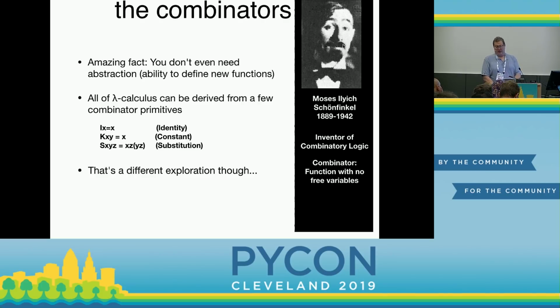This guy's kind of interesting, actually. His story is sort of tragic. I think he went insane at the age of 28, and then all of his math papers got burned for fuel, like in the Russian winter in like 1942 or something. So not a lot of information is known. I mean, he has some papers, and he is cited by Alonzo Church in some of the papers on lambda calculus, but